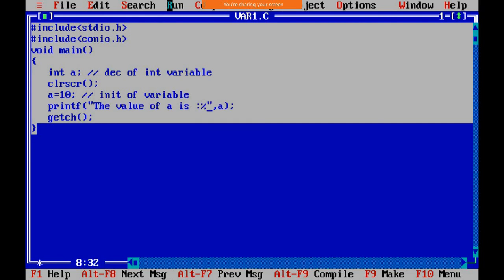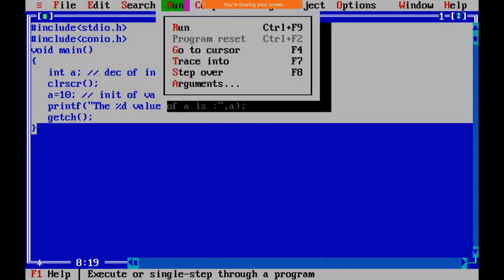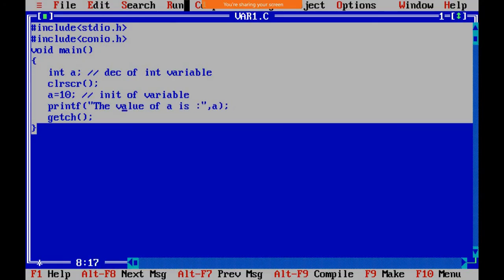So here we need to specify the %. Make a note of that: %d, आप जहाँ specify करते हैं वहाँ value print होती है. For example, गलती से मैंने format specifier यहाँ press कर दिया. The %d value of a is, so the compiler does not show any value. So जहाँ %d है वहाँ value print होगी. See, the 10 value of a is. Simply मेरा इतना ही कहना है कि when we use the % format specifier, so we get the value. So आपके ऊपर depend है कि वहाँ कहाँ रखना है, कहाँ store करना है, like that.